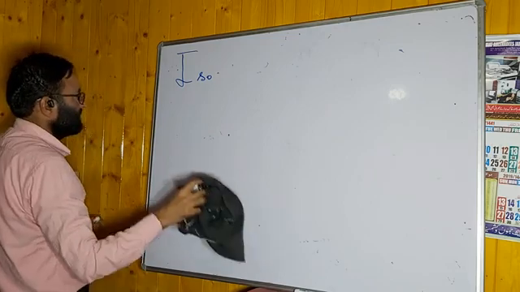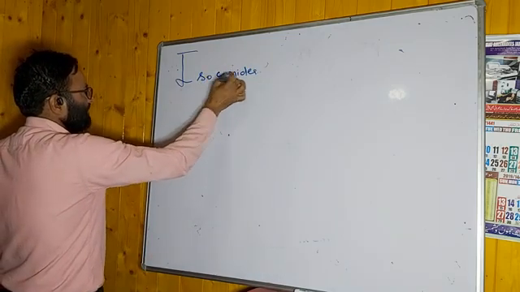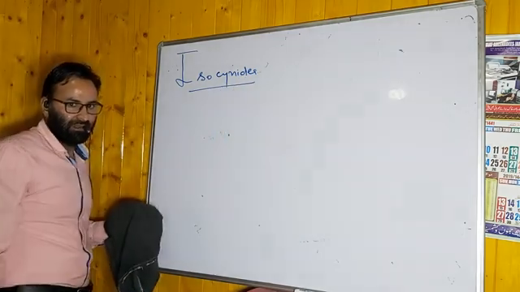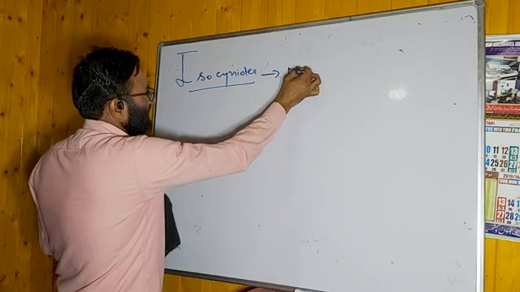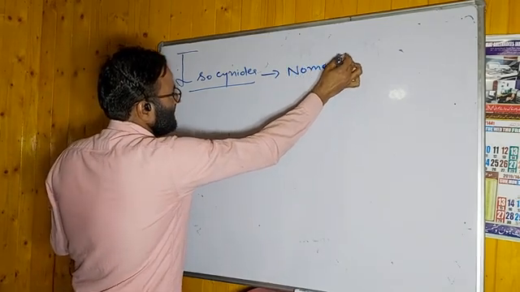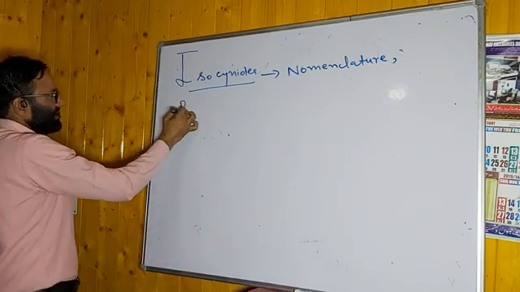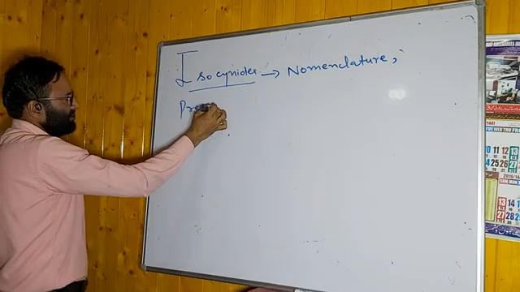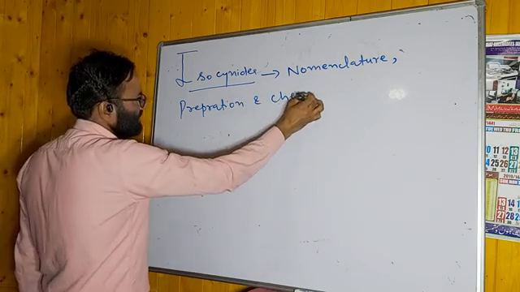Nomenclature of isocyanide. हमने isocyanide already define किया है. They contain functional group isocyanide. Now we will discuss here nomenclature. जैसे कि हमने cyanide में पढ़ा है. We will discuss preparations of isocyanides, and we will discuss chemical properties